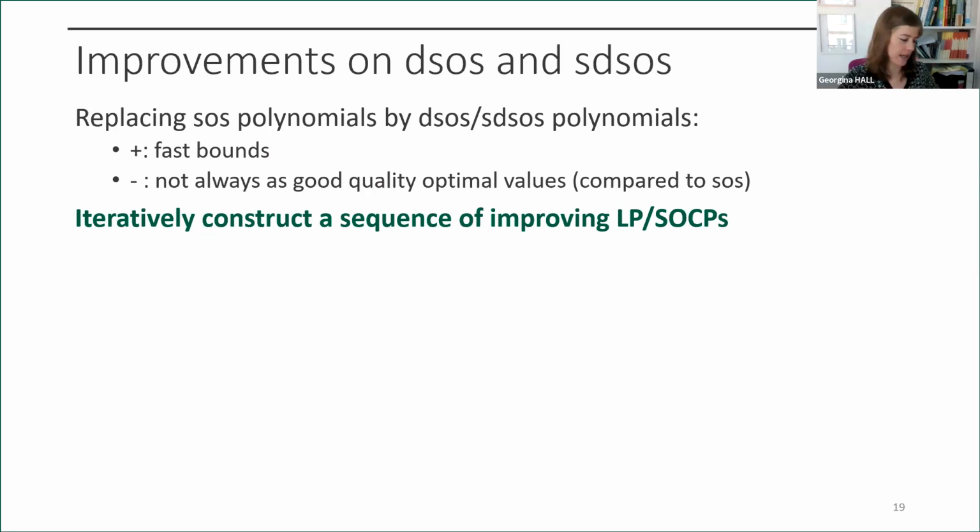And this is what the next couple of slides address. So when you replace sums of squares polynomials by DSOS and SDSOS polynomials, what you're always going to get is faster bounds because you're solving much cheaper conic optimization problems. But the trade-off is obviously you're not always going to get as good quality optimal values compared to sums of squares. So the idea for the next two methods, and it's going to be brief, is how can